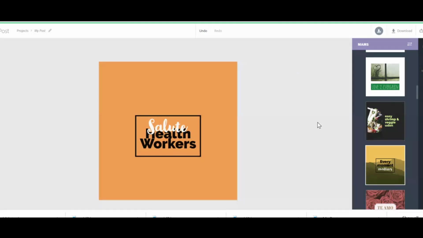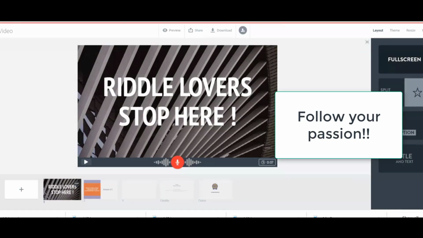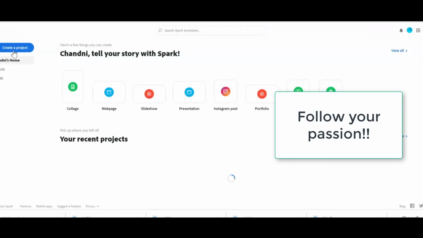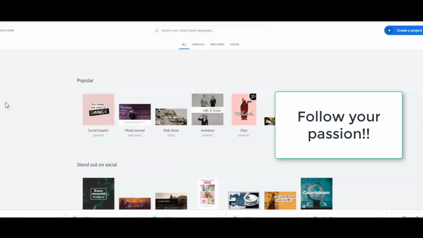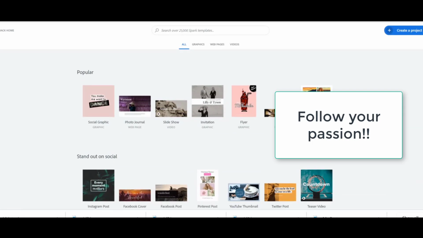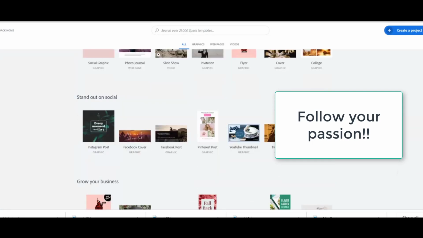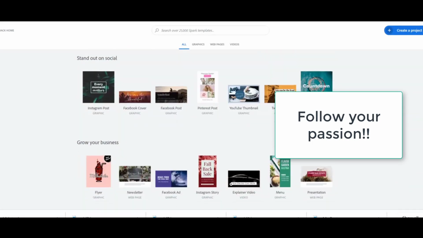So this was the combination I told you. Let's recapitulate what you can create. You can create your project with a combination of all, and you have the opportunity to get featured on the Adobe Spark site also. So all popular themes are there. You can create your Insta post, your Twitter post, graphics, anything.